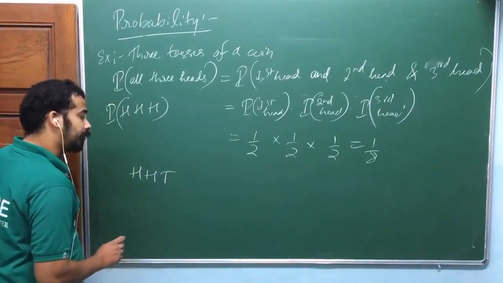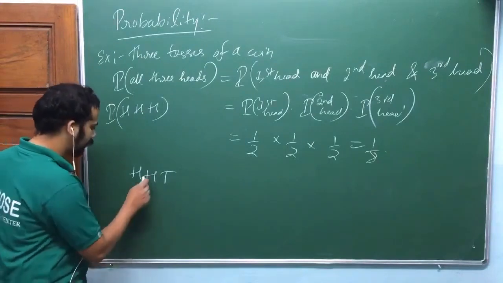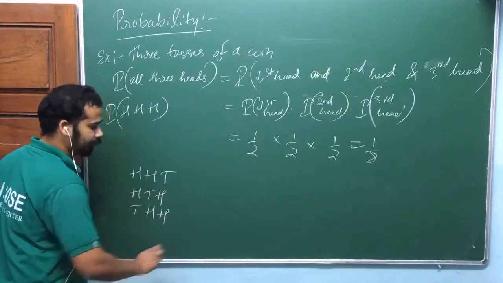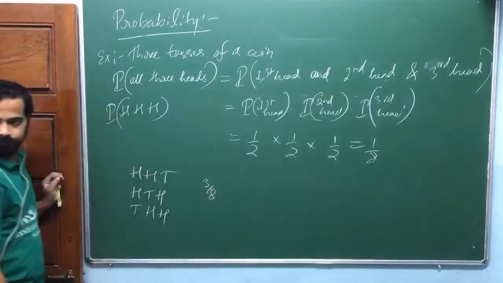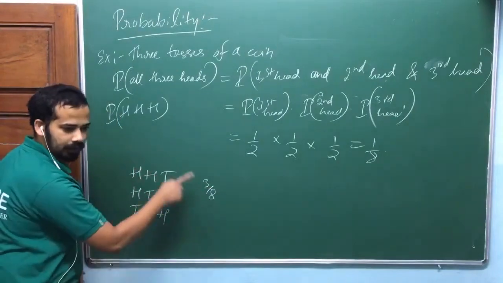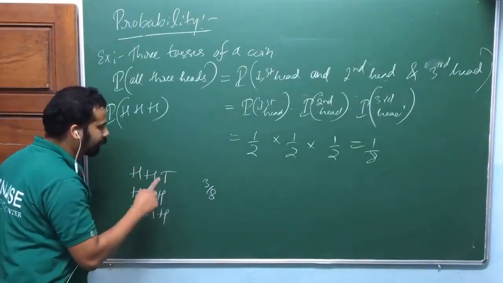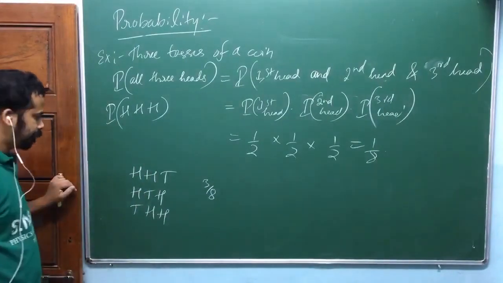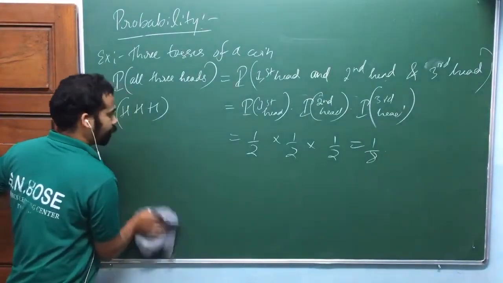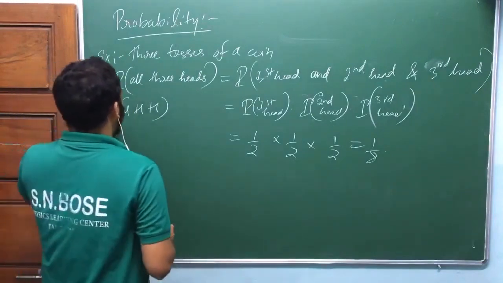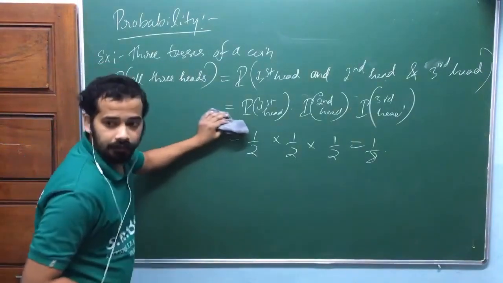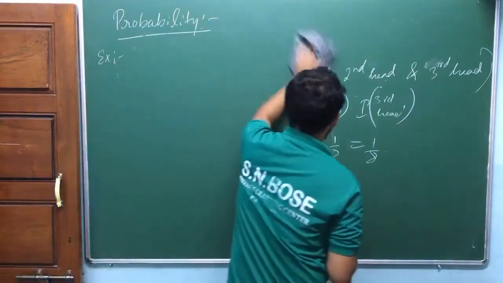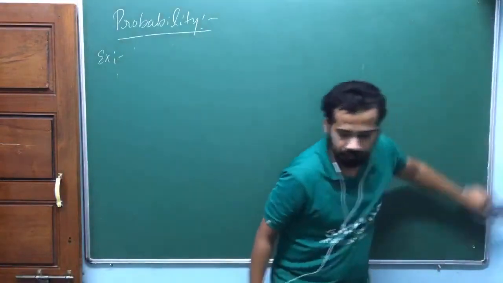No. Again, it is exactly correct. It will be something. Head, head, tail; head, tail, head; tail, head, head. Am I right? It can happen in 3 different ways. It will be 3 by 8. That's correct. Now I went for sample space here. Wait a second. We shall see whether it can be done with any theorem here. Now look at here. Sometimes sample space is necessary, sometimes it is not. Again, you need practice to say when sample space is required and when it is not, okay?